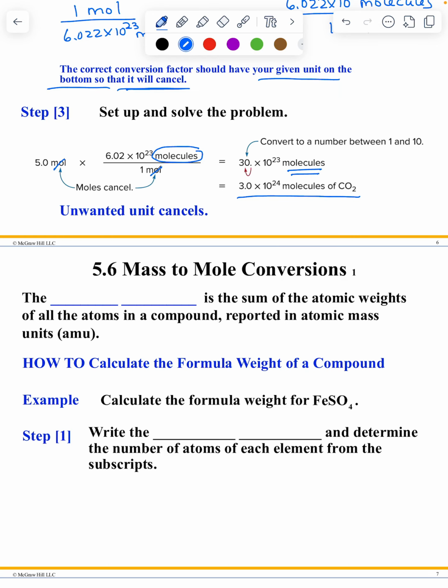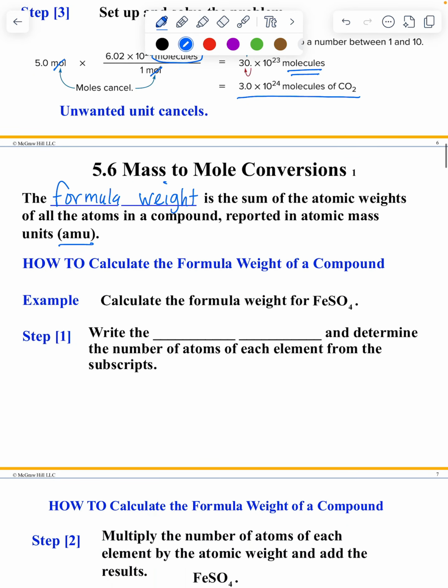All right, let's talk about some other conversion factors. So there is something called formula weight. And this is the sum of the atomic weights of all the atoms in a compound reported in atomic mass units. And so that is the unit for formula weight. And so if we have a compound like iron sulfate, as you see here,